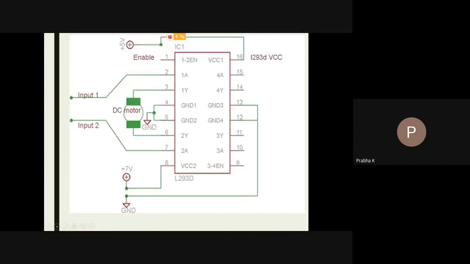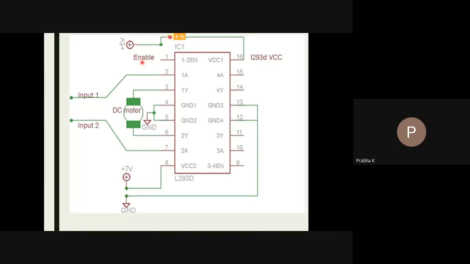Now, this is the diagram. It gives a clear picture of where the motor will be connected. On your ARM LPC1768 microcontroller board, there will be 2 pins available. To those 2 pins, we have to connect the motor externally, and those 2 pins are nothing but pin number 3 and pin number 6, which are coming out from the L293D IC. This IC is already hardwired on the board, and all these connections are hardwired.